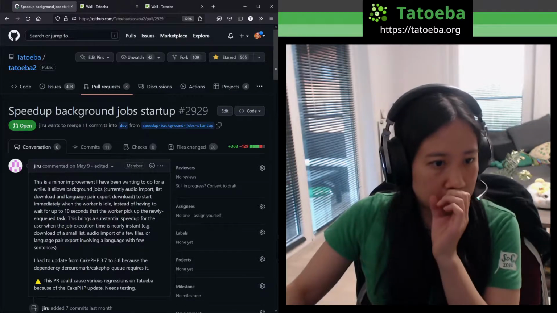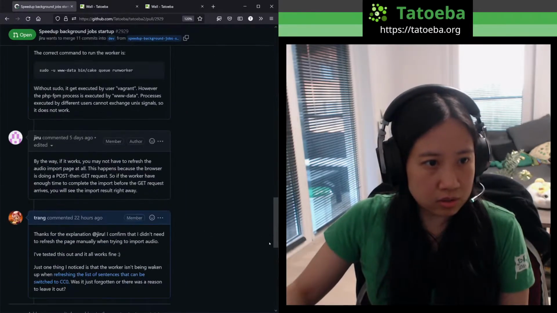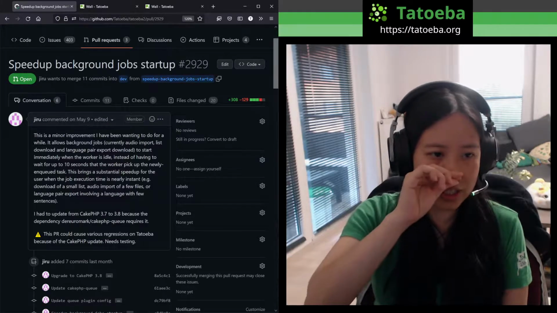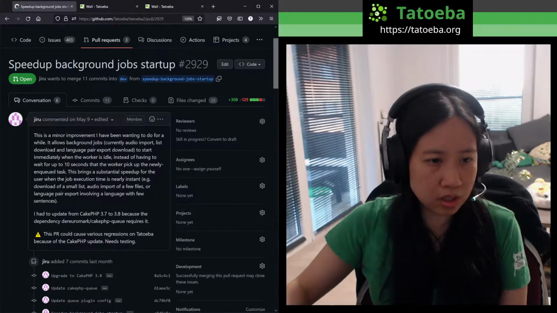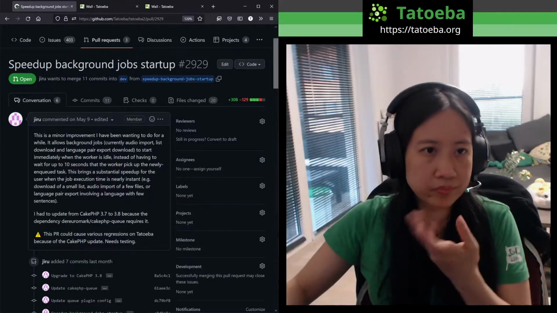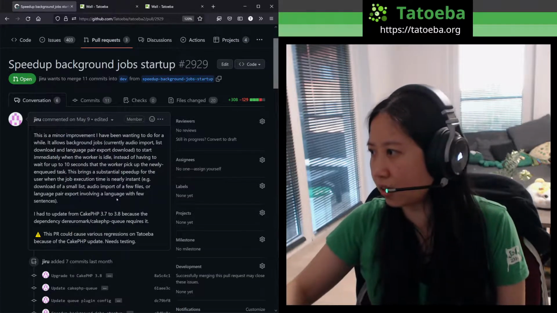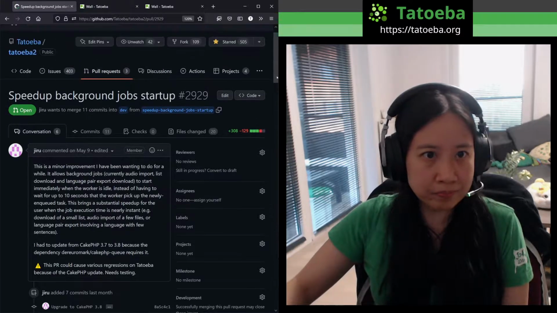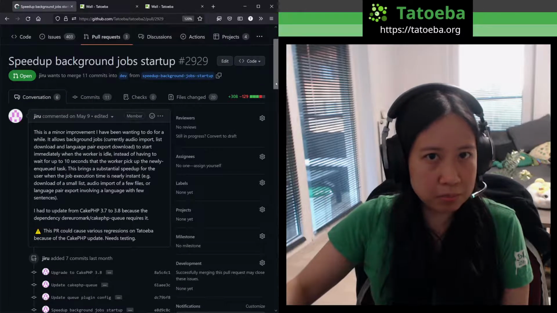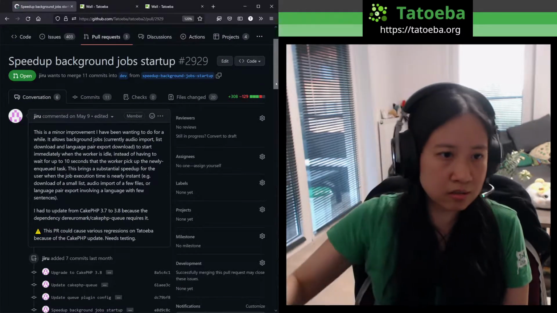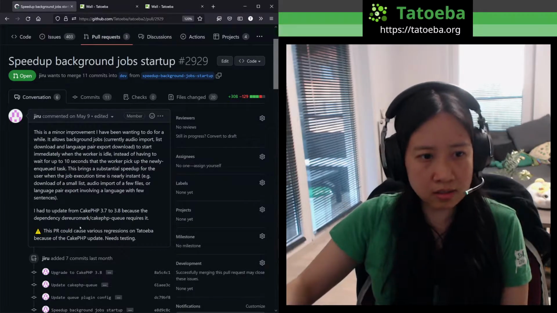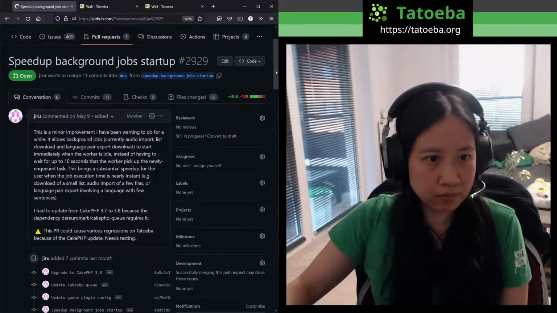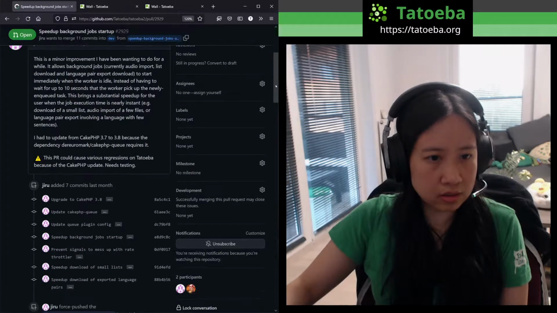I tested that on my side locally, and to be honest, everything looks pretty good. I didn't find any mistake. The only thing is maybe some people could help check that there is no big regression, but this is the kind of thing that is easier to test just in production. I don't think there will be any big issues. When I was testing, I could create sentences, edit sentences, add translations, the basic stuff. There was no major problem.